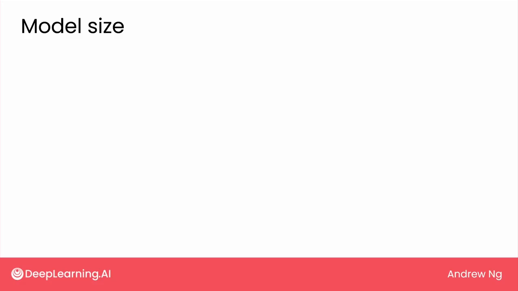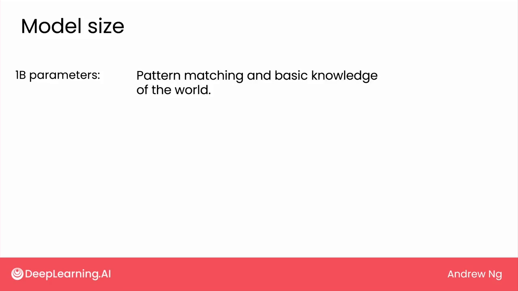One way to estimate how capable an LLM is, is to look at the model size. Loosely, if we look at models that are, say, in the 1 billion parameter range, we'll find that they're often good at pattern matching and will have some basic knowledge of the world. So if what you want is to classify restaurant reviews for sentiment, I think a 1 billion parameter model would probably be able to do just fine in terms of that type of pattern matching with basic knowledge about food